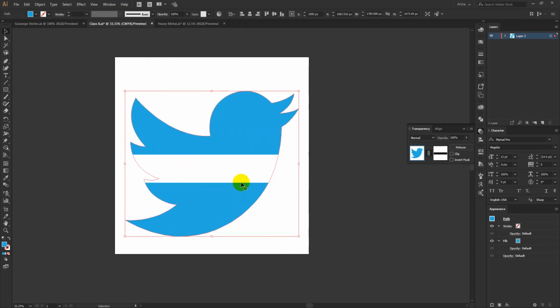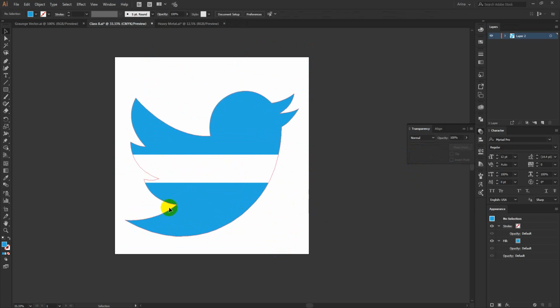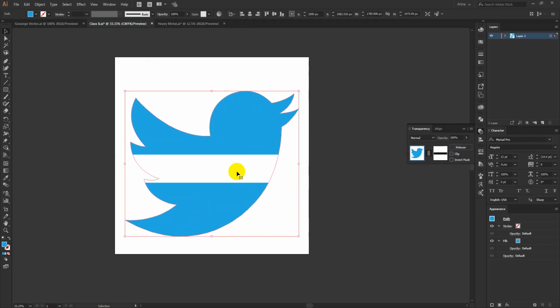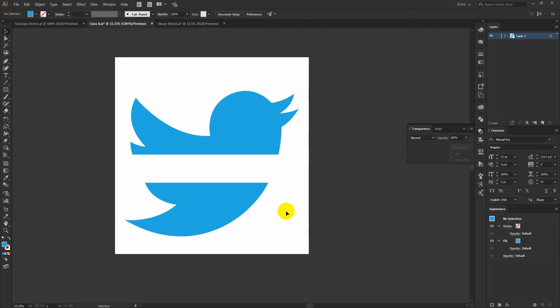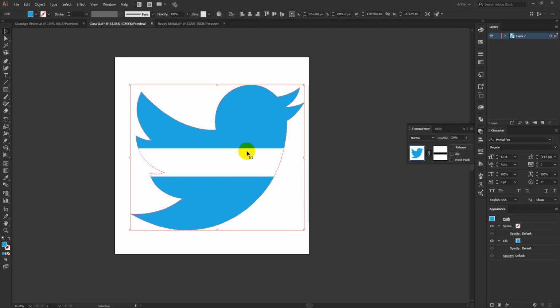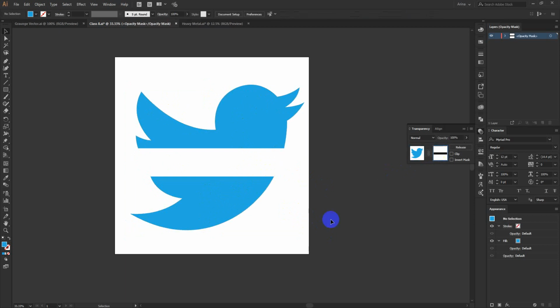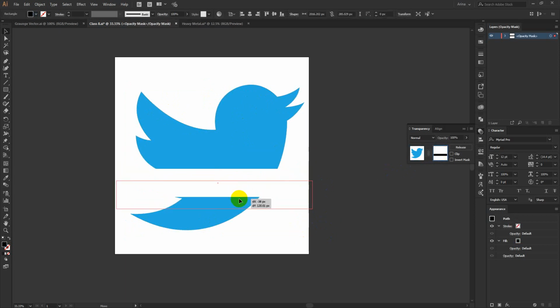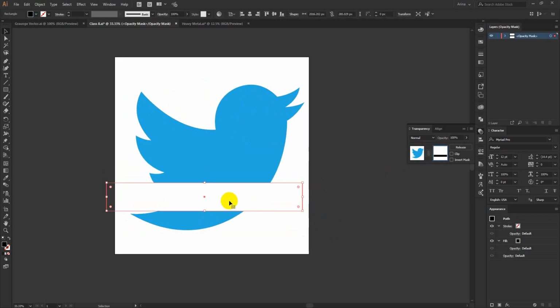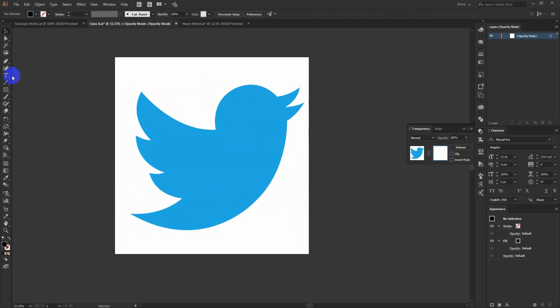So I show this to my client. If my client wants this part not erased but here, then if I erase that part, I have to make that design again. But when I am not erasing this and am just using an opacity mask, I can simply go to my opacity mask again and move this here, or do something else like this. Like if I use a brush here